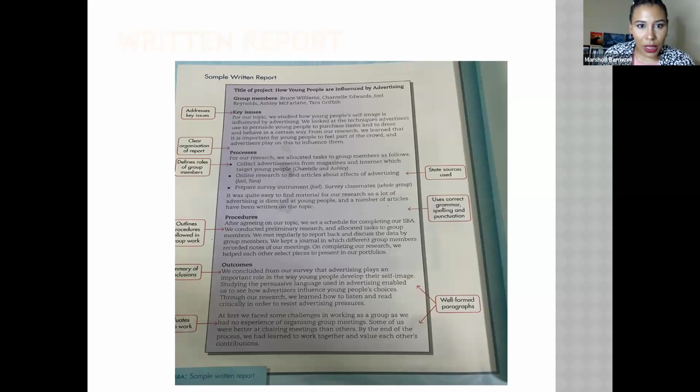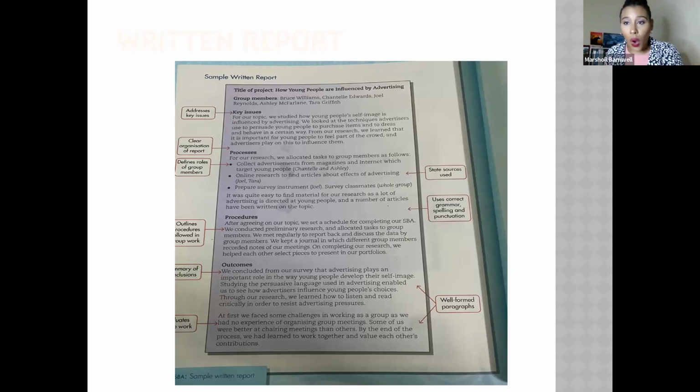to dress and to behave in a certain way. So how they persuade people to dress and purchase items, so probably somebody did how advertisers influence young people to dress a certain way, and then you may have somebody else who did how advertisers encourage people to behave a certain way. So they basically merged the topics and created one sentence, and then they created one general outcome,